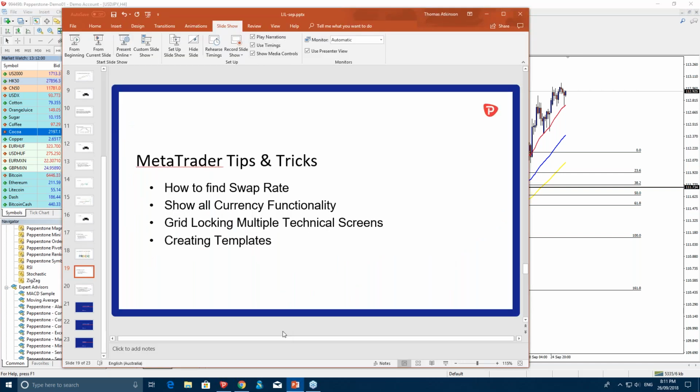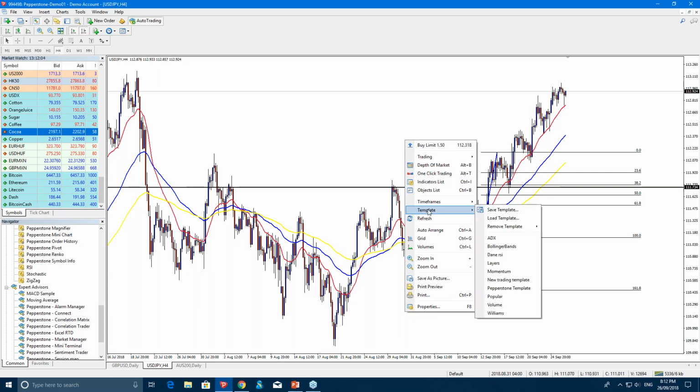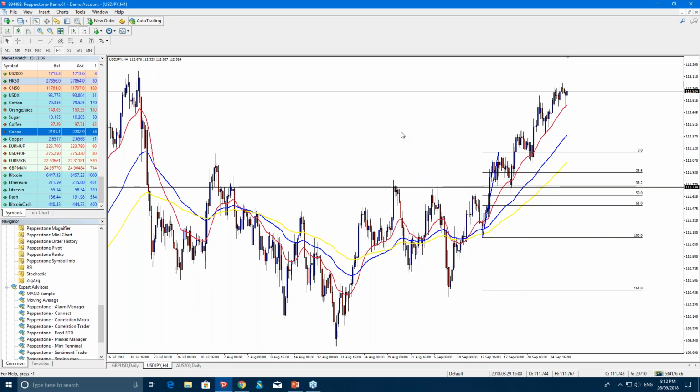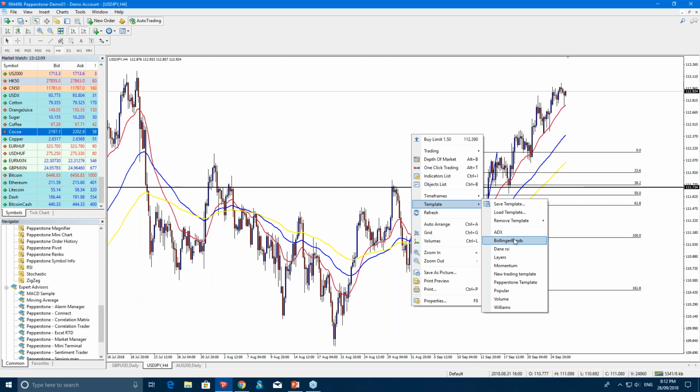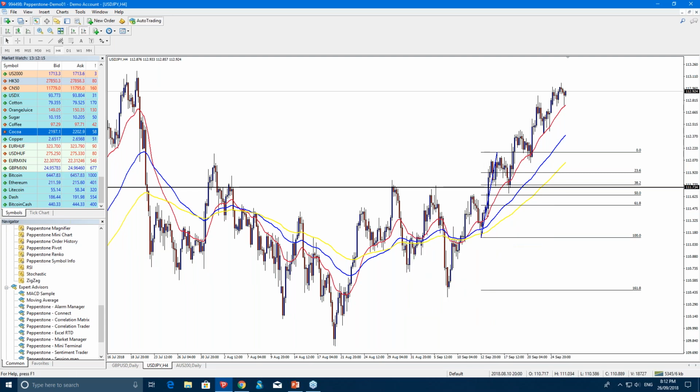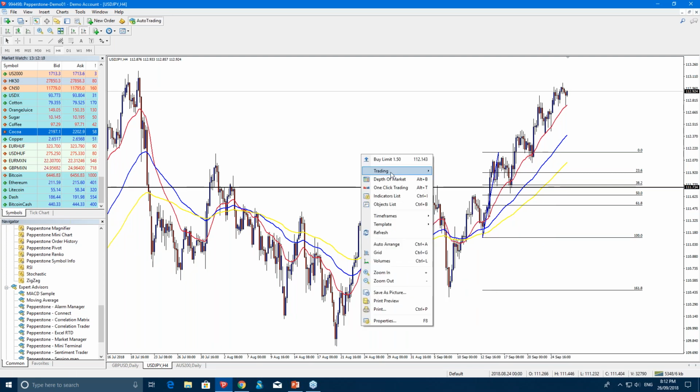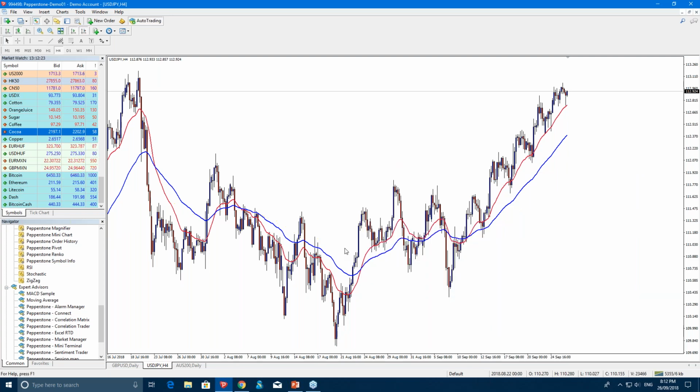So another thing that people don't often do is they don't know that they can right-click on the screen, create a template, and then basically save that template. So then we can load and save it and keep it like the screens all the time. So when we load up heaps of different screens, we can then right-click, go down to our template, select, let's say, Pepperstone template, and it will clean up our screen and bring it back to the way that